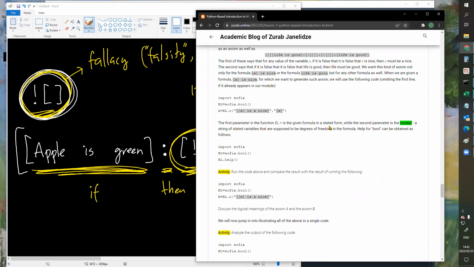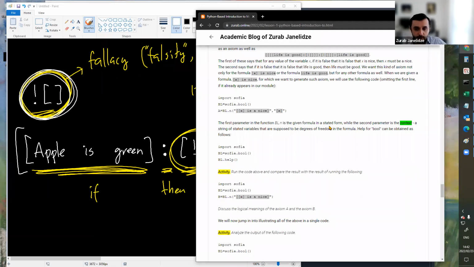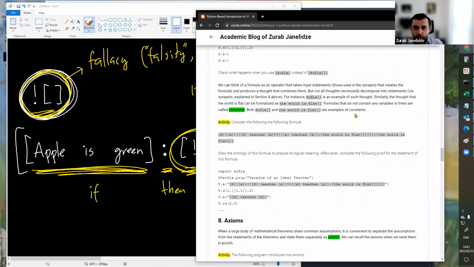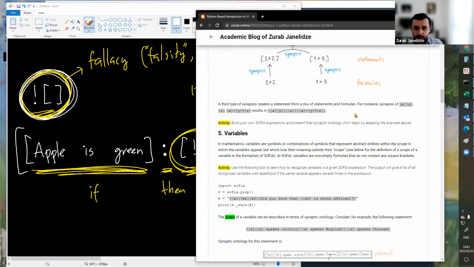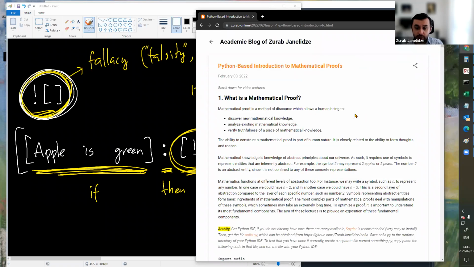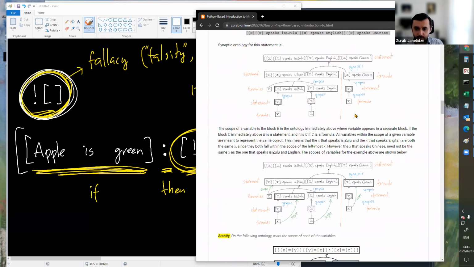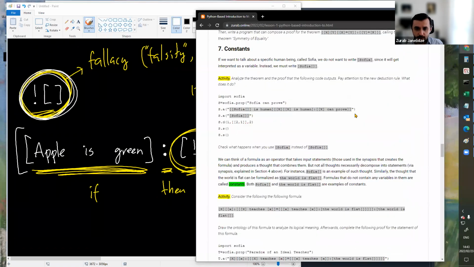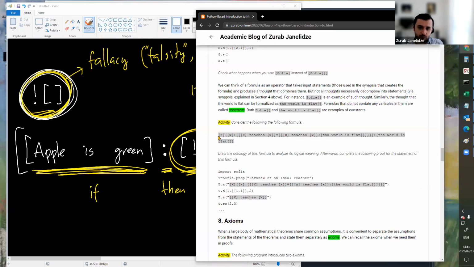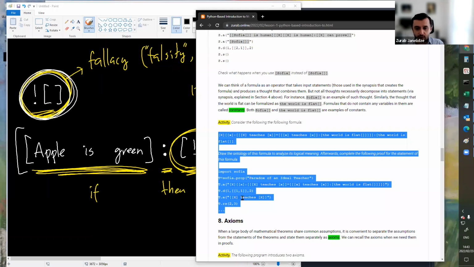Like the example of maybe Bertrand Russell's paradox. Who cuts the barber? So things like that. Yeah, we did that Russell story. One of the lectures, we had a specific lecture in which we went in detail into the Russell's paradox story. We slightly modified it. We called it paradox of ideal teacher. But in the lecture, in the recording, I also explained the link with Russell's paradox. I think it was done in the section on constants. So you might want to look at this. So this is basically Russell's paradox.